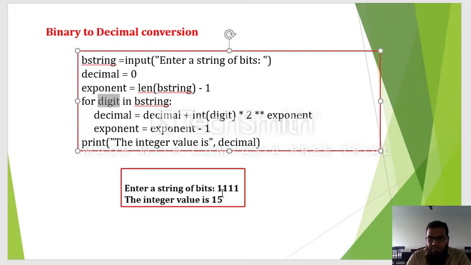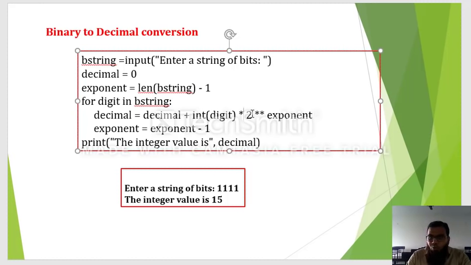that means this first one will be converted into an integer, because when you take input in Python programming, everything is in a string format. Try to observe that anything we give as input from the keyboard in Python is a string variable. By default, it is string content. So you need to convert that string into an integer value. So this one will be converted into an integer value by using the function int